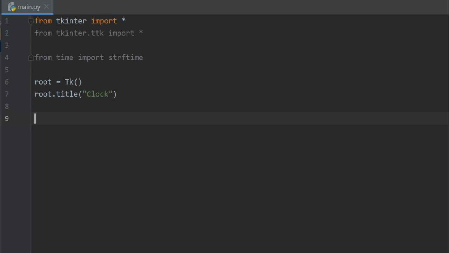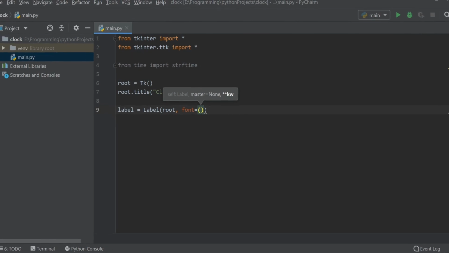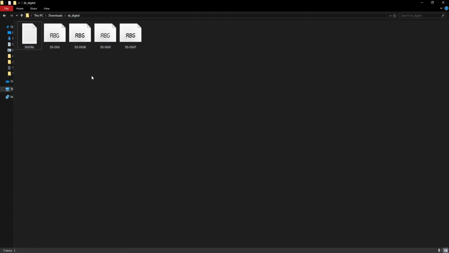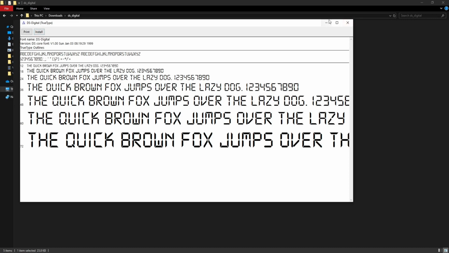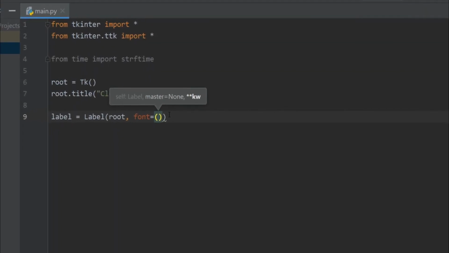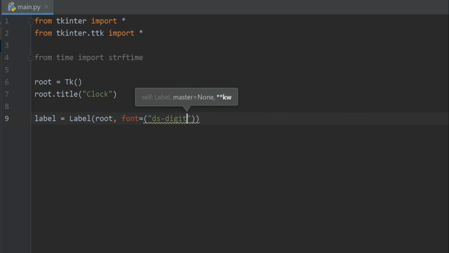Now let's create a label to store our clock. So I'll write label equals Label, and here the first parameter will be root and the second is the font. And for the font I'll use a custom font which name is DS Digital. I'll give the download link of this font in the description. You have to download this font and you have to just install it clicking here. So for the font name I'll write DS Digital, and for the font size I'll take 80,